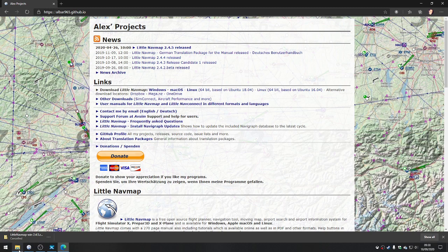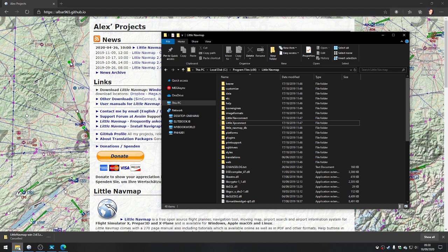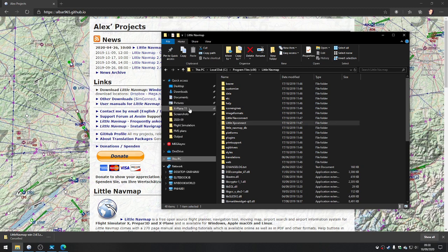Once you've downloaded it, if you're using it with X-Plane, you will need to install a small plugin into X-Plane. If you're running it with Flight Simulator, you won't need a plugin. It natively sees Flight Simulator through SimConnect. So once you've installed it, you will have C program files LittleNavMap, and inside LittleNavMap there's a folder called LittleXPConnect. So what you will do is copy that folder, for example, and then you will go to where you've installed